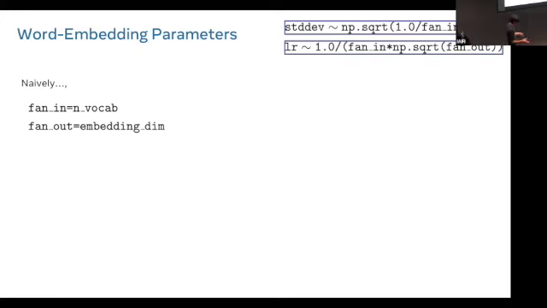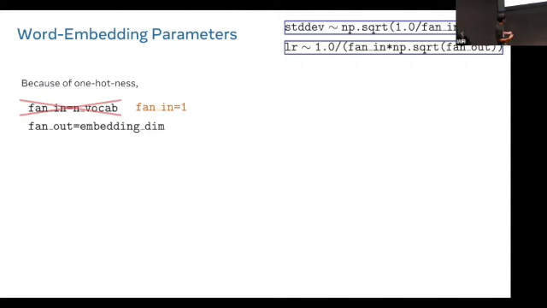Okay, so those are the main building blocks of transformers: the attention block and the multi-layer perceptron block. But there are things at the head, at the beginning and at the end, that you have to do, and one of them is word embedding. You take a token, which is constructed as a vector in vocabulary space. Say the vocabulary size is like 60,000, and that connects into the embedding dimension. Naively, you might say that the fan-in should be the vocabulary size and the fan-out should be the embedding dimension. But that's incorrect.